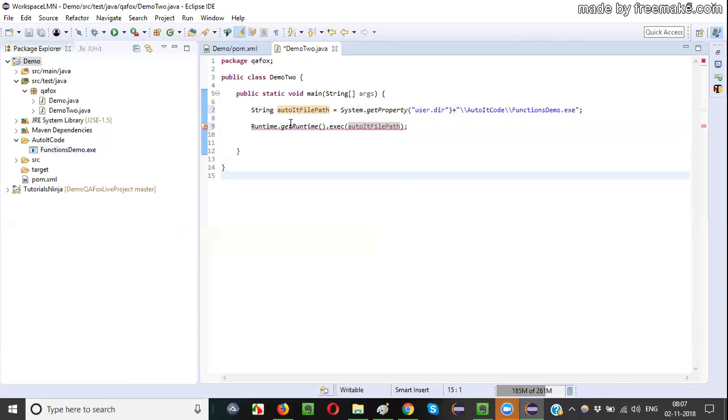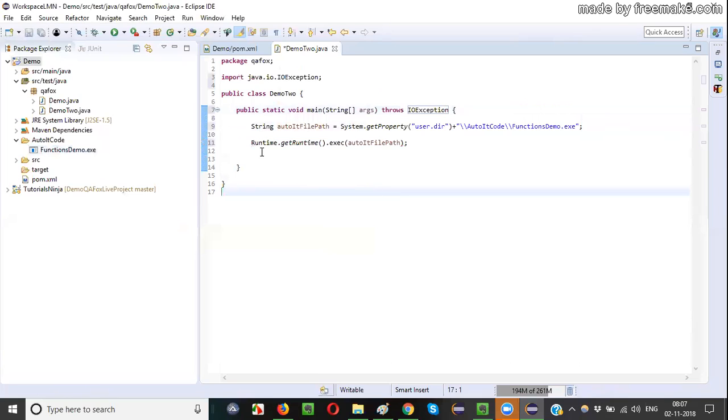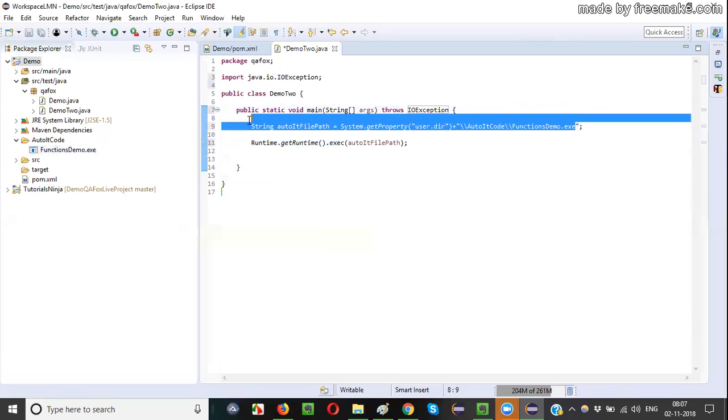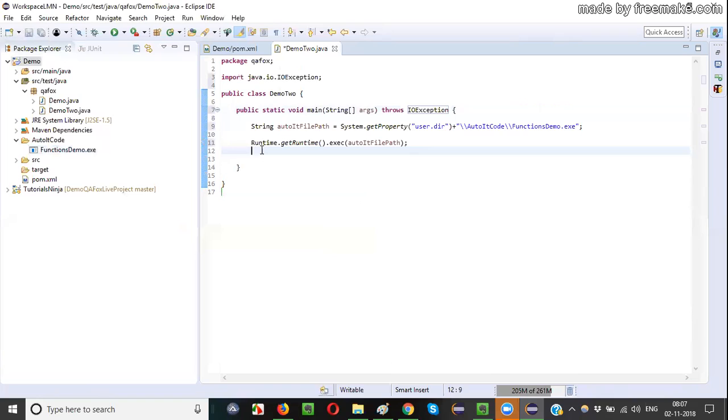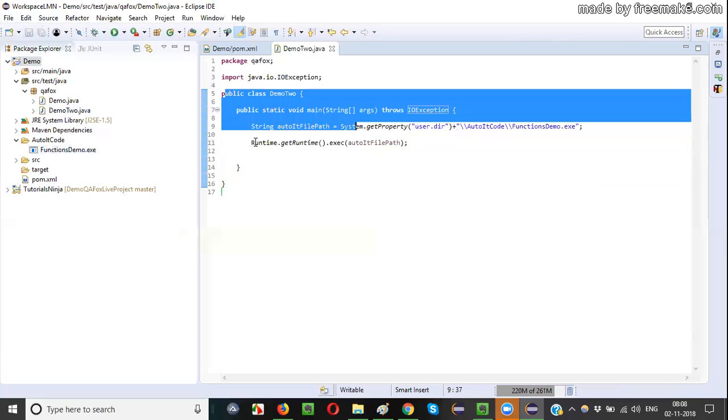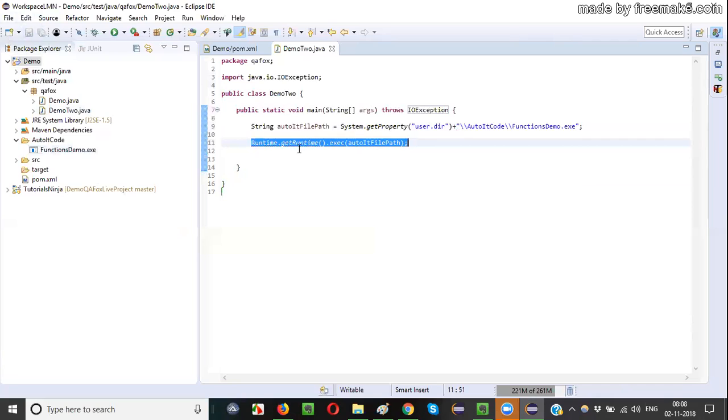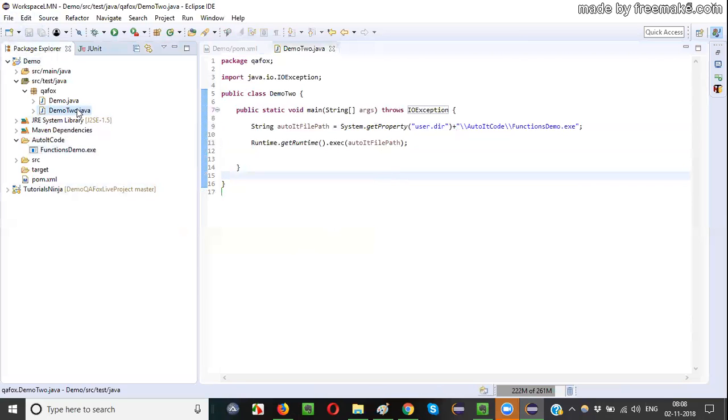So here we are getting an error. Hover the mouse and say add throws declaration. That's it. Okay, it will be resolved. Runtime.getRuntime().exec. In that, you need to provide the path of the exe file, which got compiled and auto generated from the AutoIT script. So this will invoke the AutoIT script, guys. This particular statement will invoke the AutoIT script from the Java programs. This is a connector. So from Java, we'll use this particular statement to invoke the AutoIT script. So the connection between Java and AutoIT is now set with the help of this statement, Runtime.getRuntime().exec of file path, right?